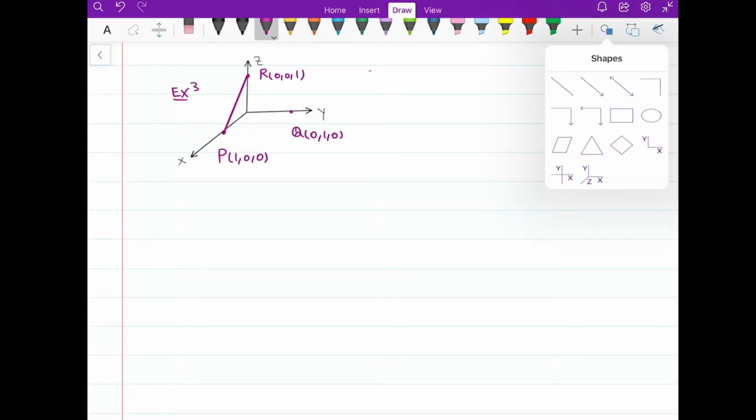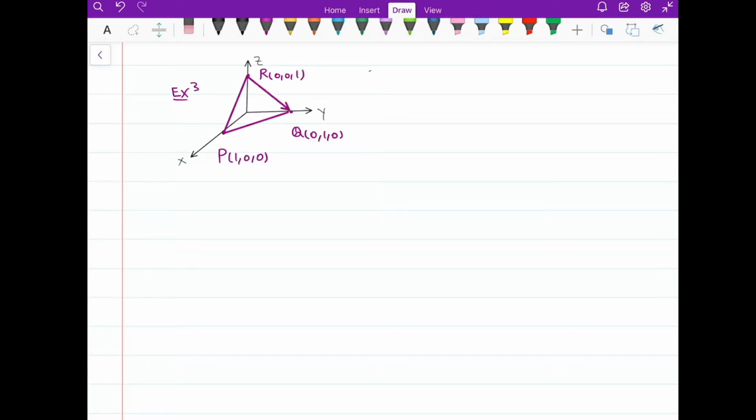And I have a triangle in here between these 3 points. Actually, I want just a simple line, okay? The question is, find the angle in here, the angle theta. So what is theta? To find theta, all I need to do is to find this vector, to find that vector in here, and then use the dot product formula. So PQ